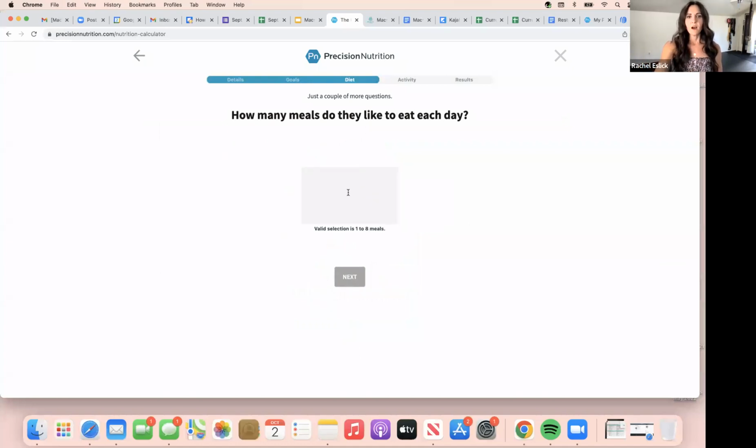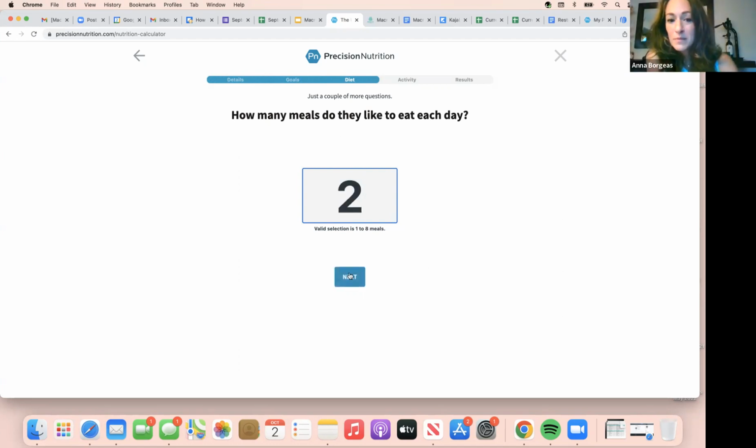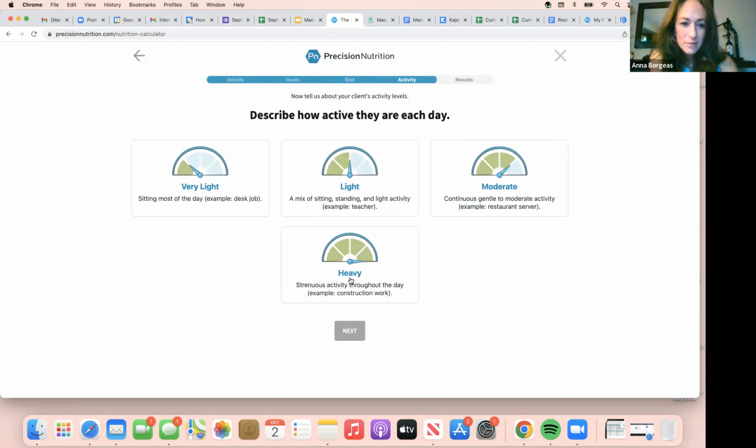So there we go. Okay, how many meals do you like to eat each day? Because this is going to give you some suggestions. If you're like, I only eat 2 meals a day, then it's going to be like, all right, cool, you've got to eat 700 calories at each of those meals. Or if you're like, oh, I like to eat 4 meals, like breakfast 1, breakfast 2, lunch, and dinner, you know? So you could say 1, you could say 8, or anything in between. You could say 2, 3. Probably 2.